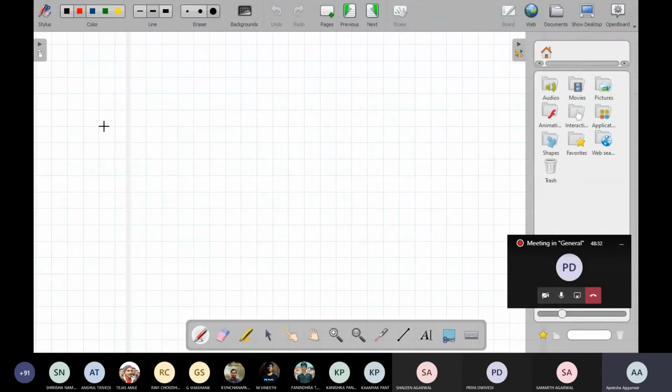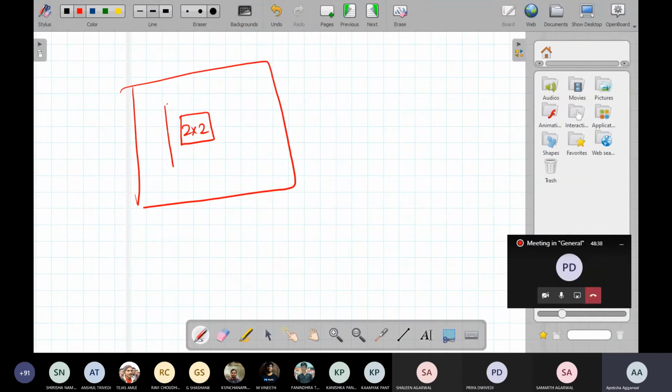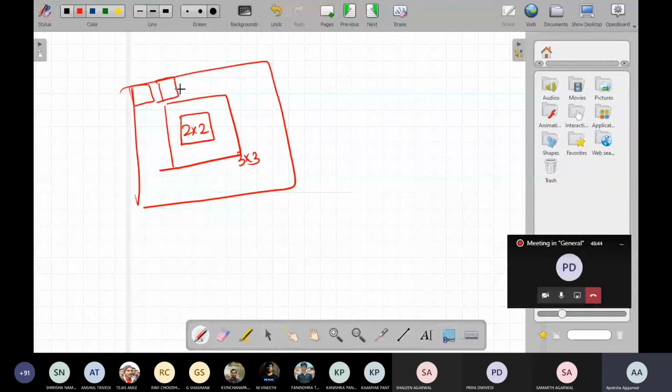Suppose my filter was 2x2, and the object in my image was 3x3. If I slide the 2x2 filter, it will not cover the whole object, right? Will this 2x2 filter cover the whole object or not?